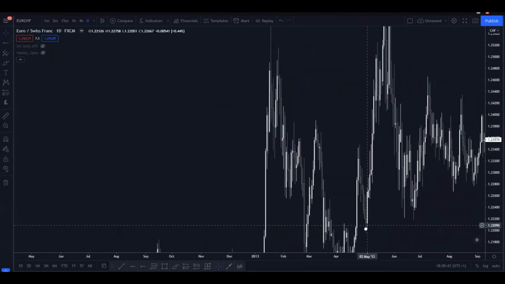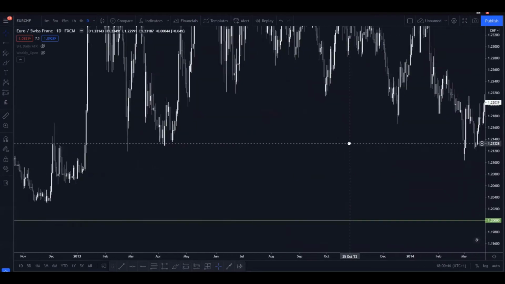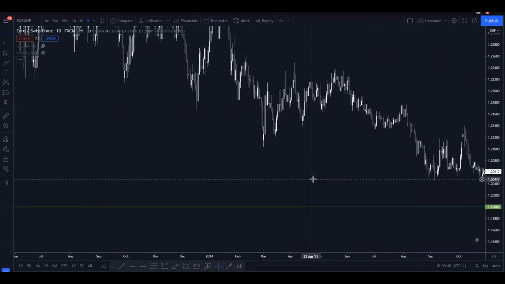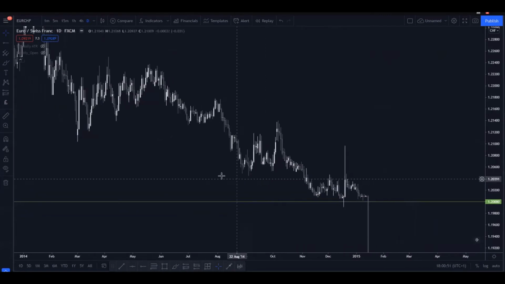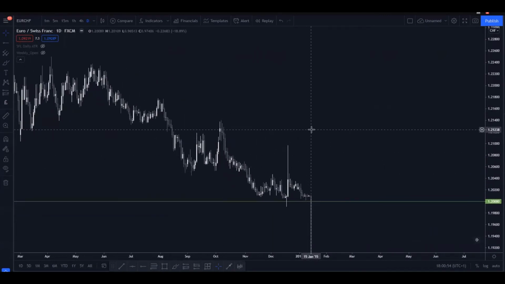It traded heavily into 123s, 124, as you can see here. So let's just scroll across. In 2013, the market didn't come down to that level again. 2014 didn't come down again. And then in January, on the 15th of January 2015, at around 10:30 Eurozone time, the Swiss National Bank came out and said they're abandoning the floor. So many people thought that they're going to keep doing what they did in 2012, three years earlier, where when the market comes into the 120s, they're going to buy up again.